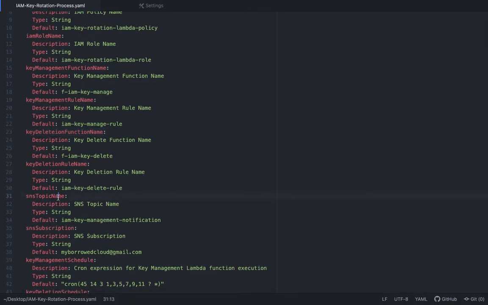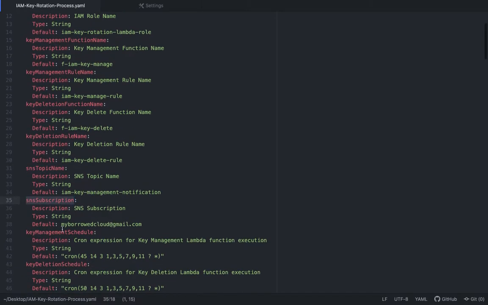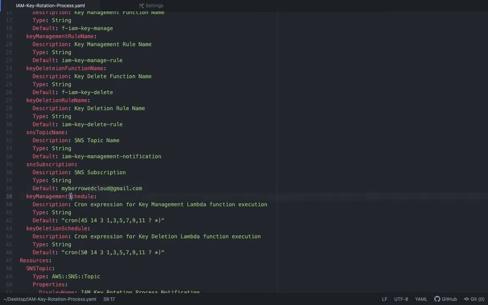Then I have given the SNS topic name, which I have defined to send the email notification to the support team member or the end user. The subscription. So in this case, I have given the Gmail address of my email account. In your scenario, you will provide the email address for the support team or the end user. Then I have given the schedule for the key management